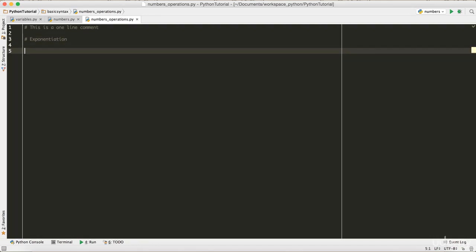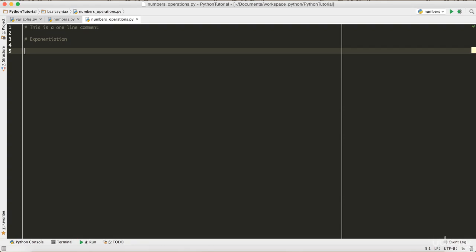So what is exponentiation? Exponentiation is something you have always heard, like 2 to the power of 3, 3 to the power of 4, 10 to the power of 20, and all those things, right? Pretty much everything can be done in calculators and other languages. Similar things are available in Python. They are much easier, and in Python we can always club those different operations together. So it's a great programming language overall. Let's see how easy it is.